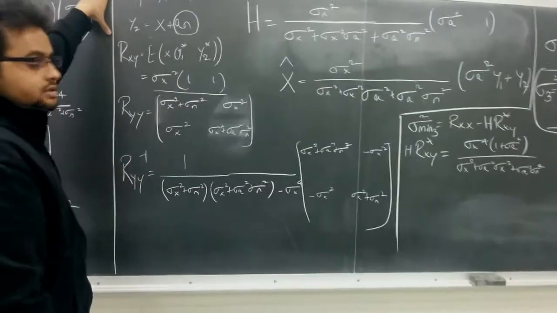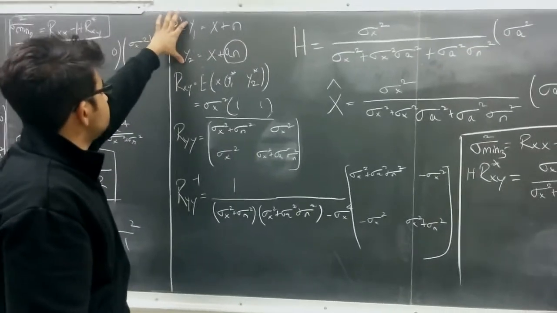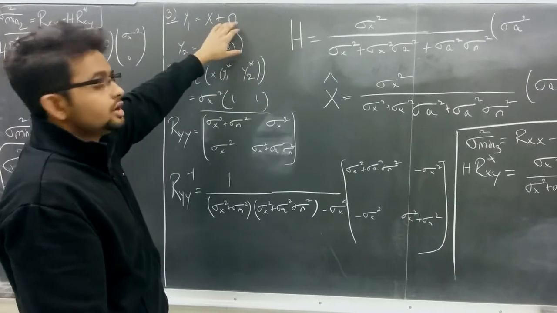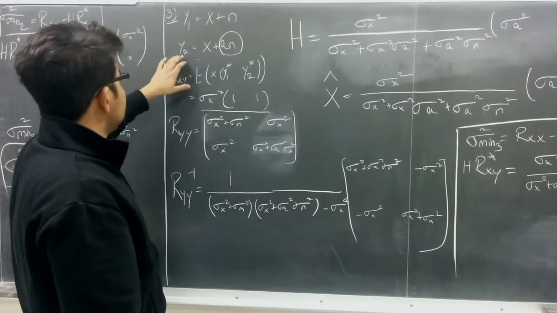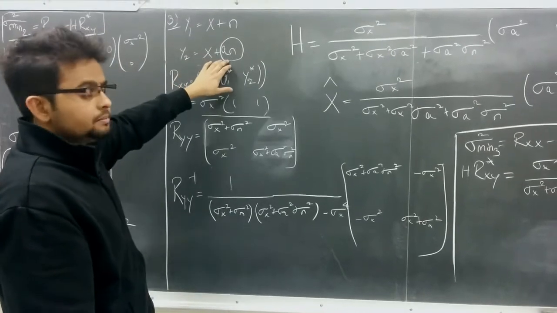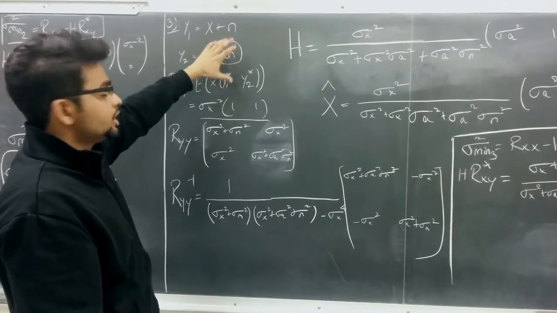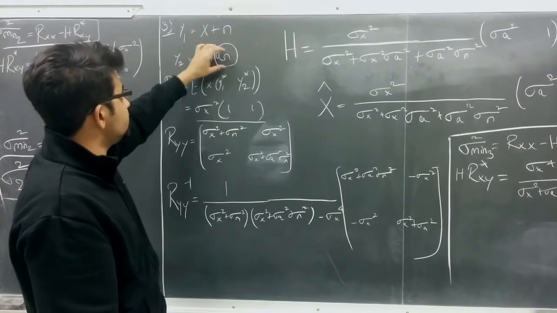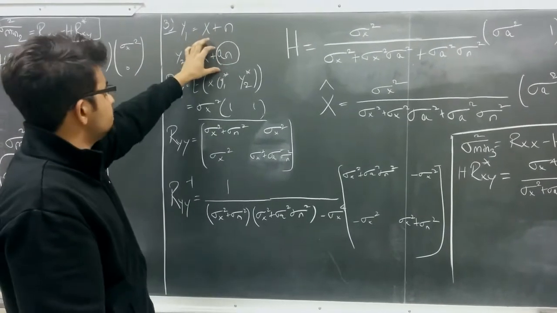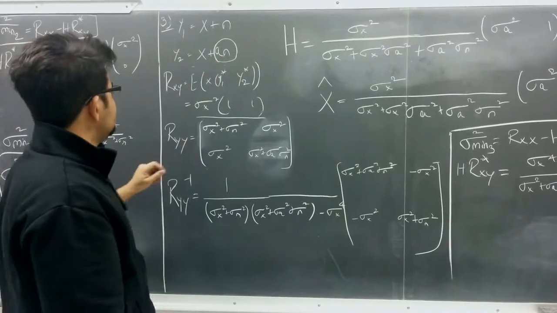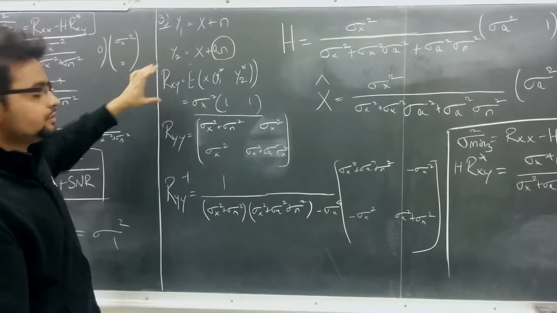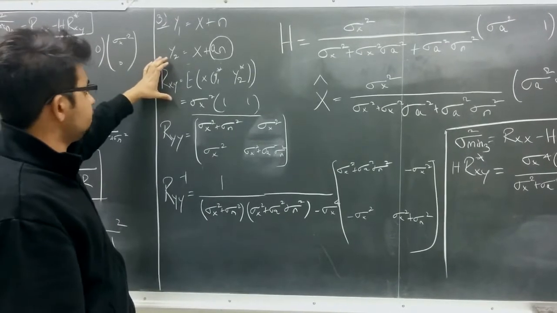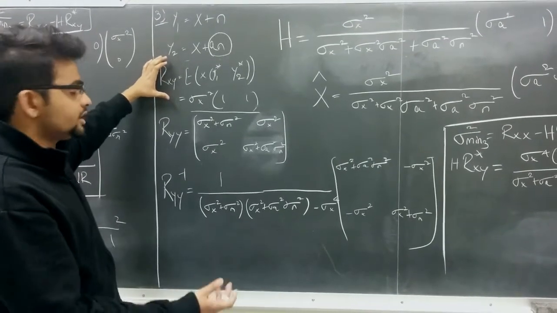Coming to the third data set, which is y1 is equal to x plus n, the same unknown signal plus random distortion. And y2 is the signal plus a corrupted distortion. It has both the terms of n and additional a terms, the a noise. So we apply the same method again. We find the value of h in order to find the estimator x hat.